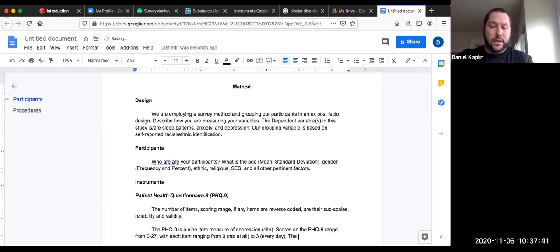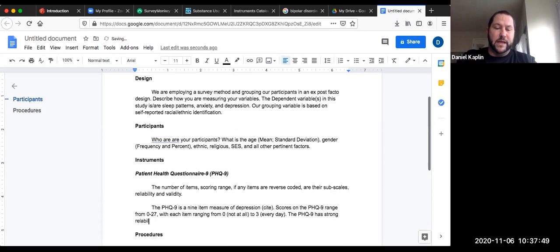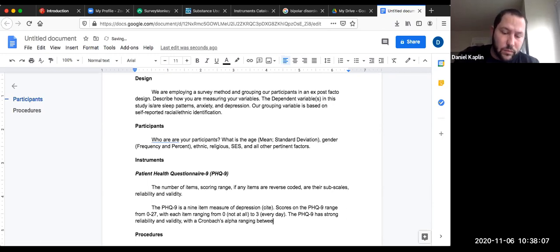So the PHQ-9, and I'm making this up, had strong reliability and validity with a Cronbach's alpha ranging between 0.888 and